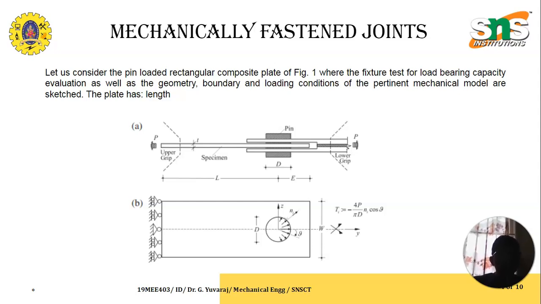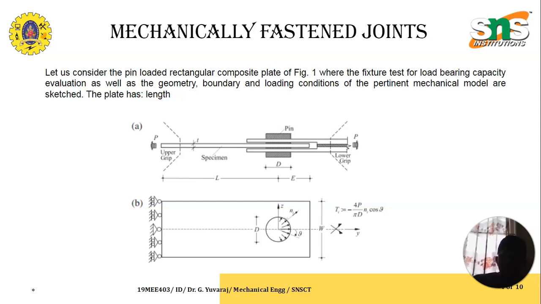The tension over the surfaces is equally distributed from the load applying direction, with respect to the pertinent mechanical model, and based upon the fixture test we are performing the load bearing capacity